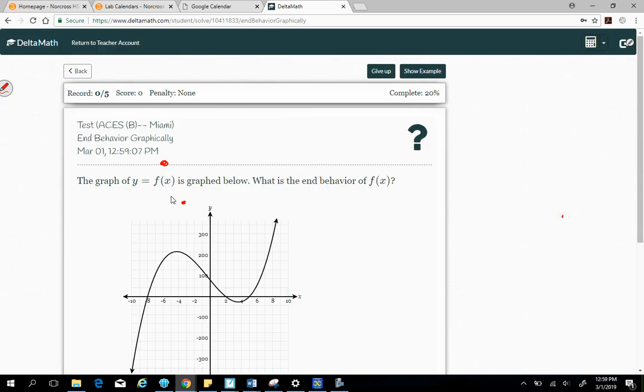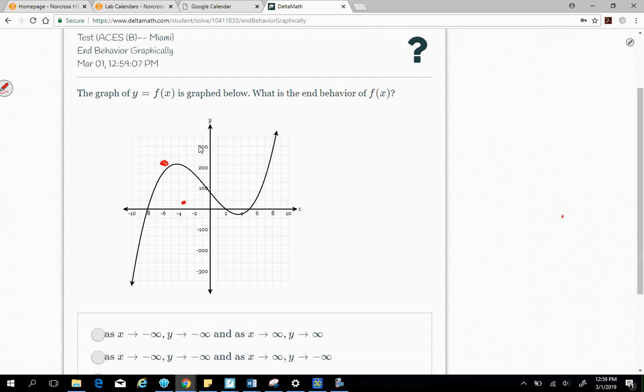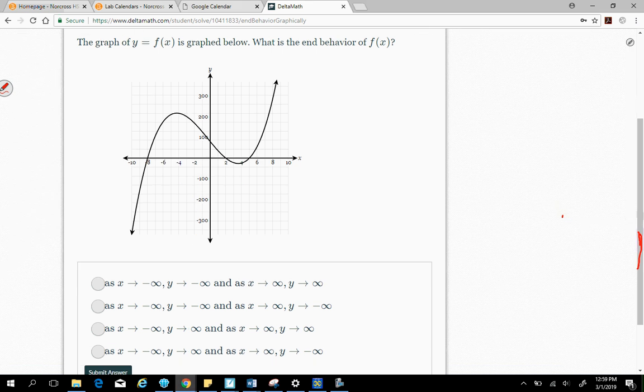End behavior. A lot of us have had trouble with end behavior, so you're flipping that page over. All end behavior is, what's the main word? Caleb, put that away. What's the main word in end behavior? End. So it has to end. It's where it's ending, the ending points. So this is telling me as x